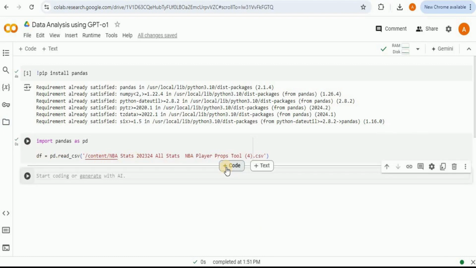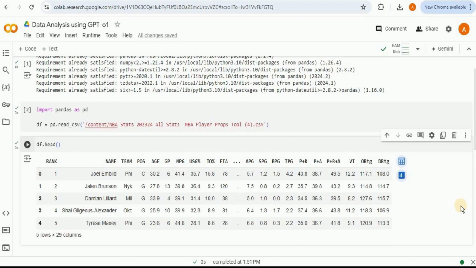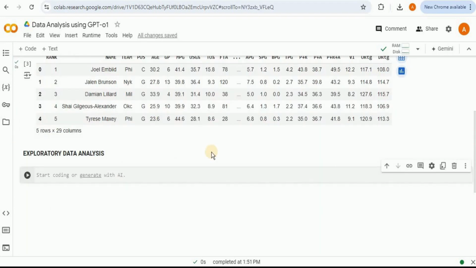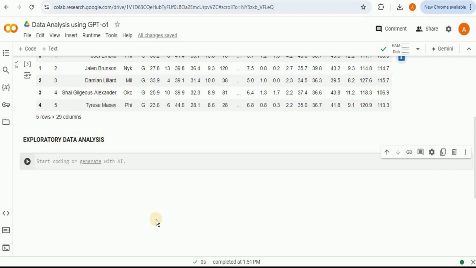If you want to verify the loading, you can go ahead and use the head function of the data frame to see the data uploaded inside it. So these are the first 5 rows which are present inside the data frame. Once the dataset is successfully loaded inside the data frame, the next thing is to perform exploratory data analysis. In exploratory data analysis, we get to know about different aspects of data, different types of null values, the mean, median, and mode for all the different columns, as well as different types of charts.